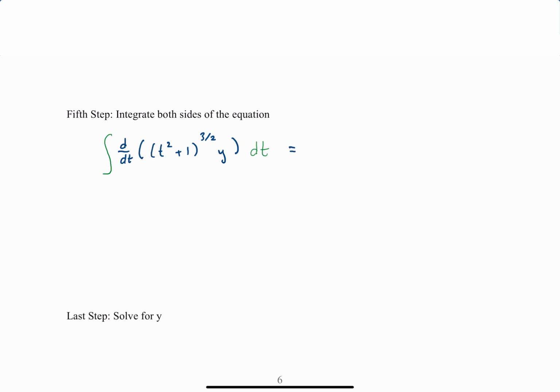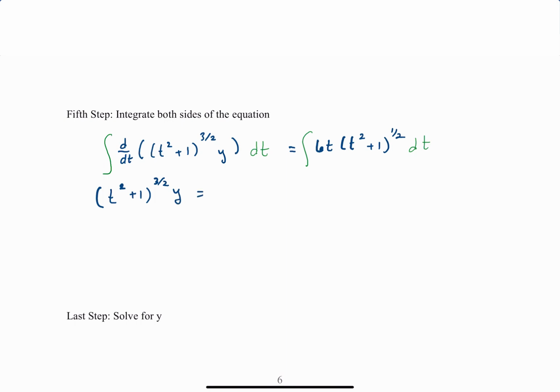The right-hand side of our equation was 6t times (t squared plus 1) to the 1/2 power, and again we're integrating that. On the left-hand side, the integrating and differentiating cancel each other out, leaving us (t squared plus 1) to the 3/2 times y